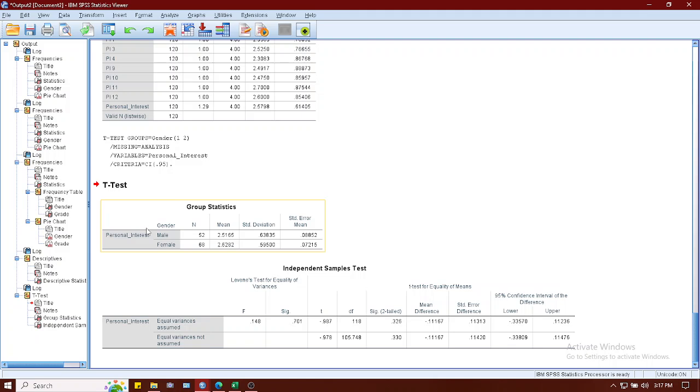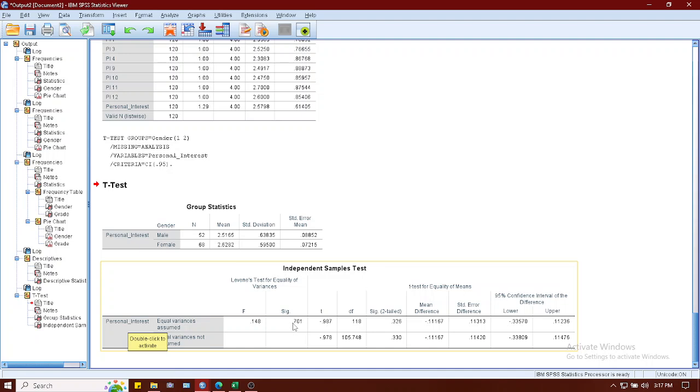In this case, we will look at the table of independent samples t-test, and first we need to see if the sig value in the Levene's test for equality of variances is significant.